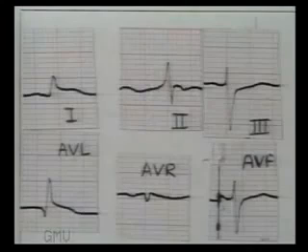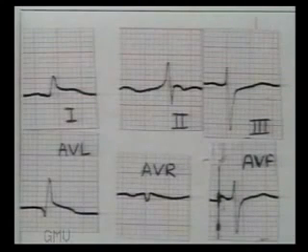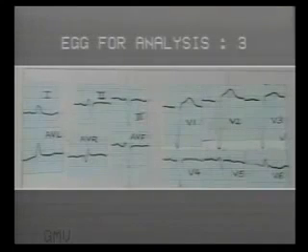Now see the ST segments in limb leads. There is 1.5 mm ST elevation in 1 and AVL and minimal depression in leads 3 and AVF. So this ECG shows a 1 day old extensive anterior wall infarct with left axis deviation. In absence of other factors, the left axis deviation suggests left anterior hemiblock, which is a common association with anterior wall infarcts. Now let us analyze ECG number 3.